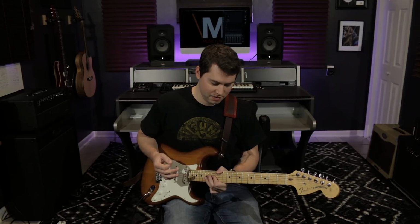The claw grip, which I've gone over in a lot of different habits videos and other lessons, is definitely something that Steve Vai uses and Jimi Hendrix. So there's a huge gamut there. The claw grip is what's going to give you the most stable vibrato. So regarding his vibrato technique,